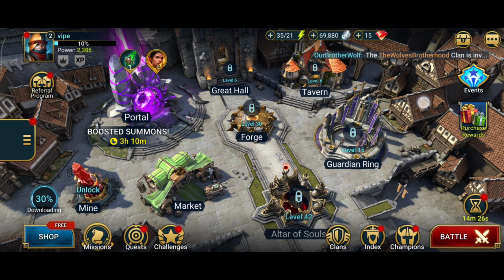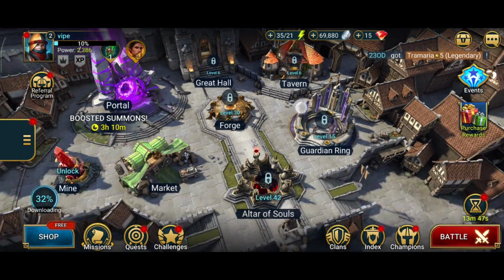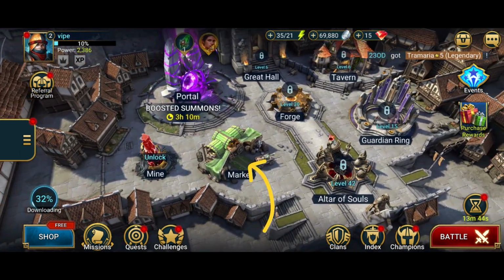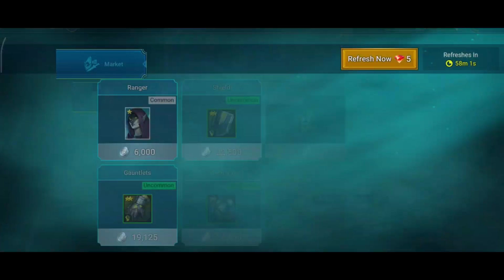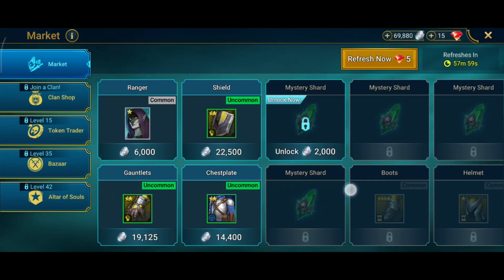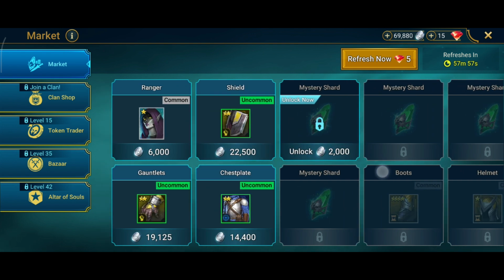Once everything is done, you should be seeing this interface right here. You can just simply find the market by dragging and seeing it. The market should be around here, right below portals. Just simply select that, and once you click market, you can see that you can buy various things